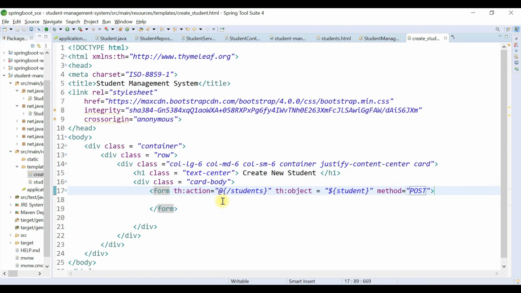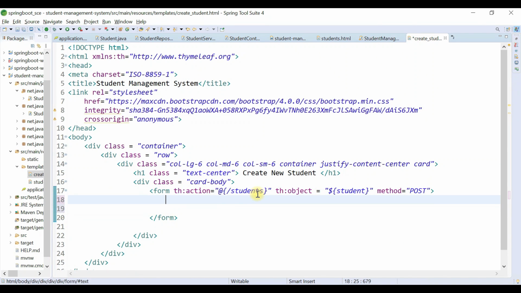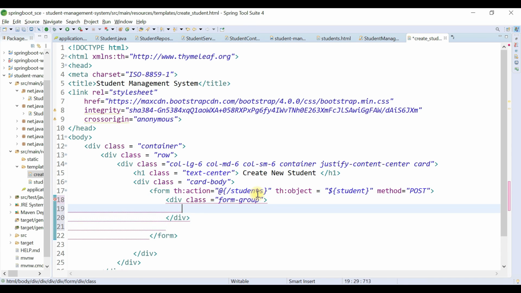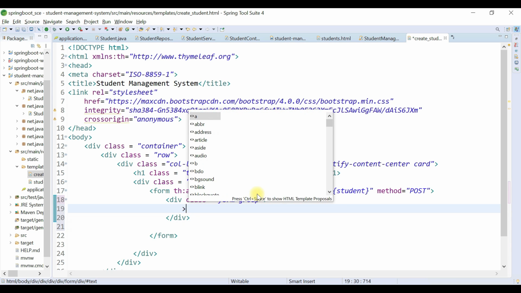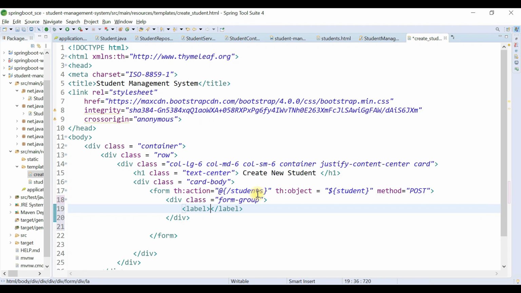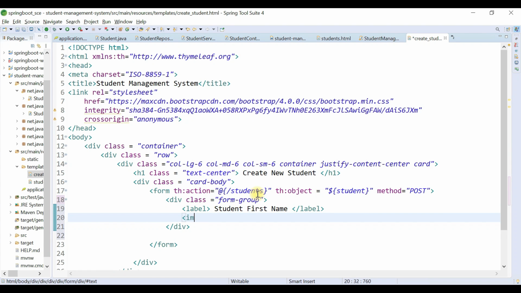Alright, it's pretty much done. Now what we're going to do is design the form. So let's add a div here, with Bootstrap CSS class, that is form-group. Okay, and then add a label here. Label is student first name, and then an input text field.